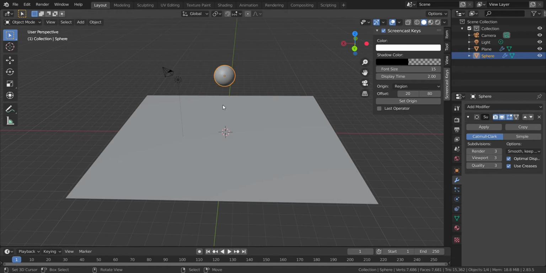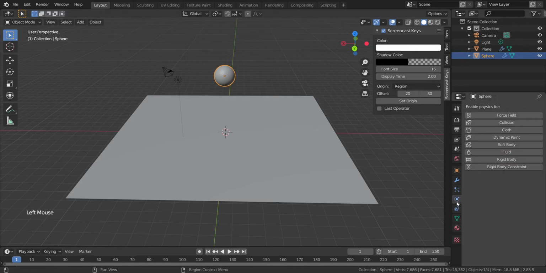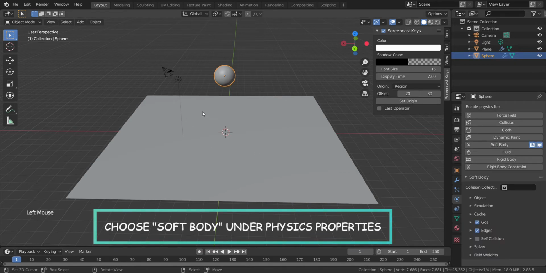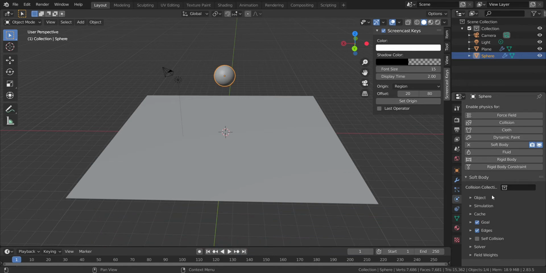Alright, so the next part is we will add some physics property to this sphere as well. Under the physics tab, we will go to this soft body section. So this sphere will act as a soft body. Under this soft body section, as you can see, the goal and edges are already marked.